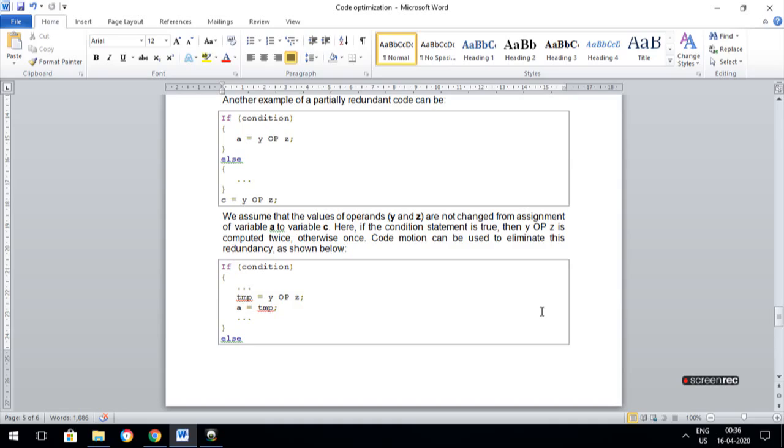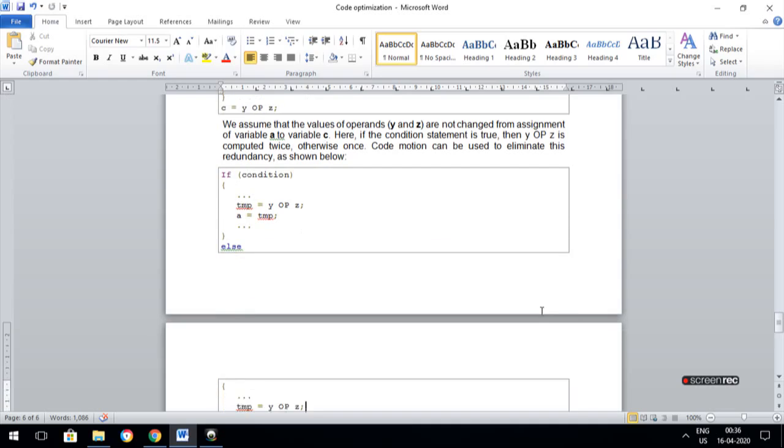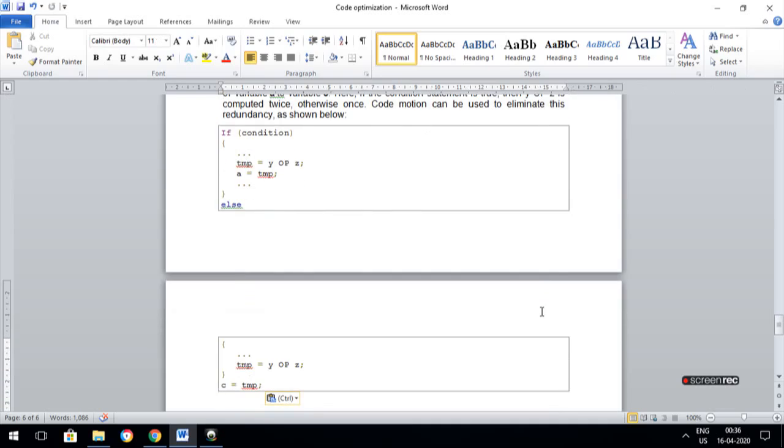So instead of executing the expression more than once, it can be executed one time and the result utilized as a. No need to declare a new variable as c. That is known as partial redundancy. Another example here: a temporary variable. If you assign your temporary variable as y operator z, you can use a equal to temporary variable, then c equal to temporary variable.